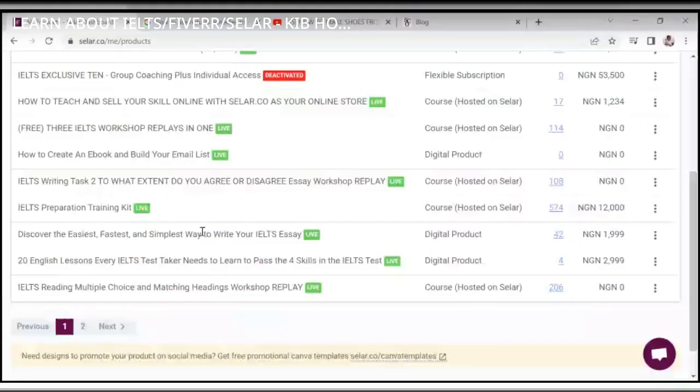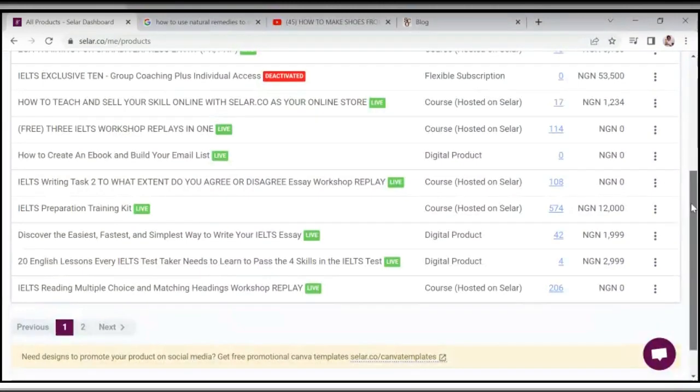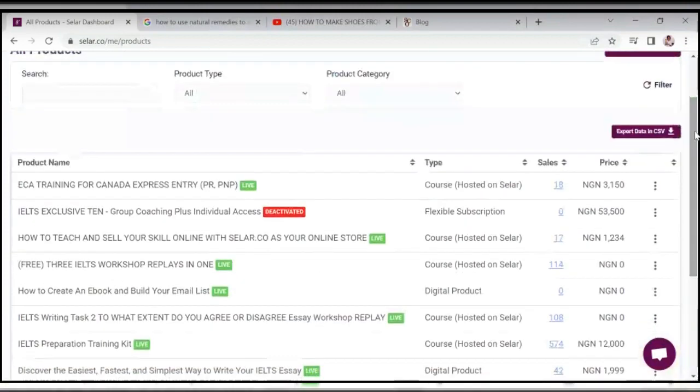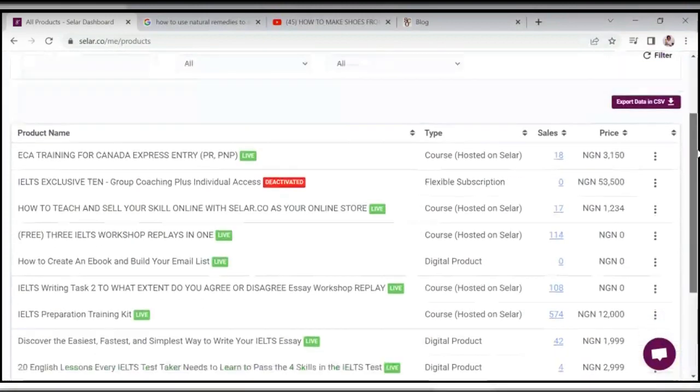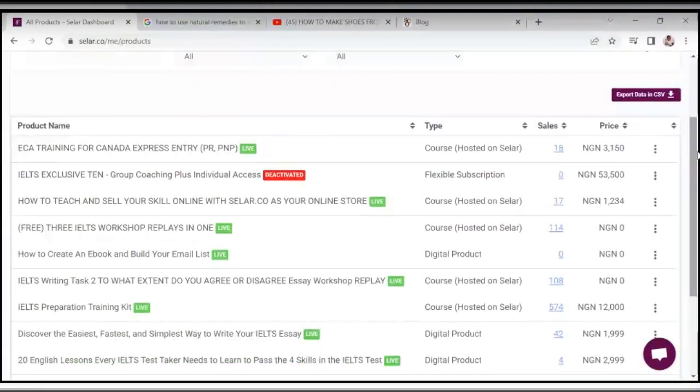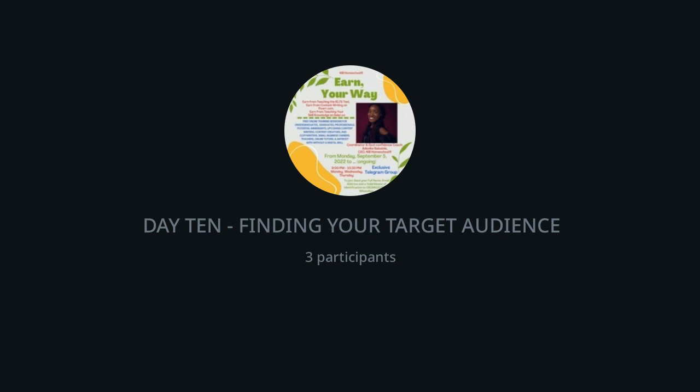That particular idea, can a service offered to people be a product? Exactly, yes. I'm an IELTS tutor. Seller is more for the service aspects of your business. Even though Seller allows you to sell products too, the goal of Seller is for you to teach your knowledge. Any knowledge that you offer, give it to people as a digital product.